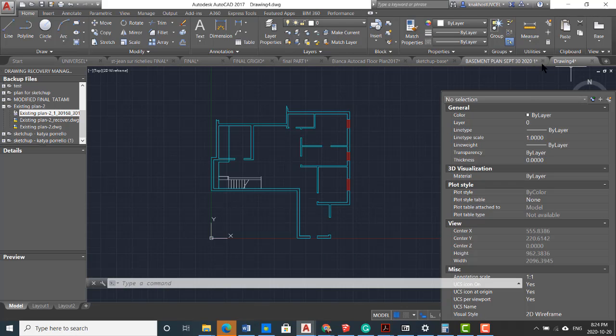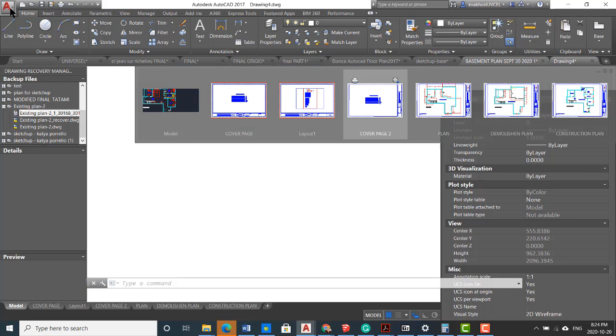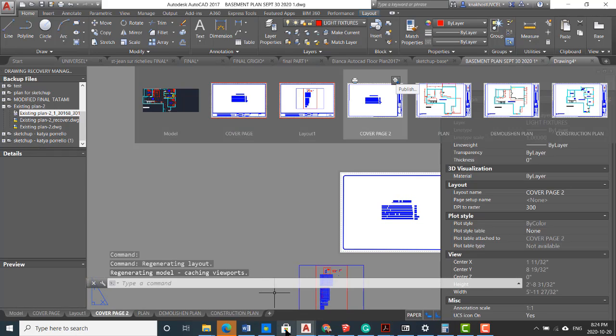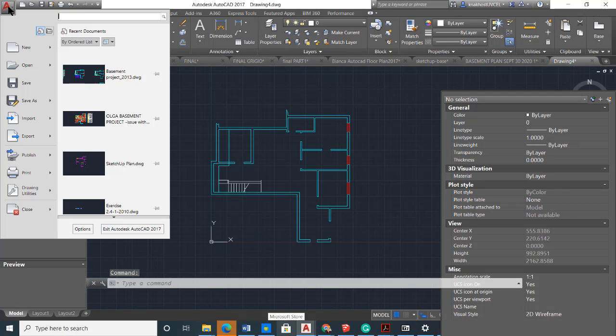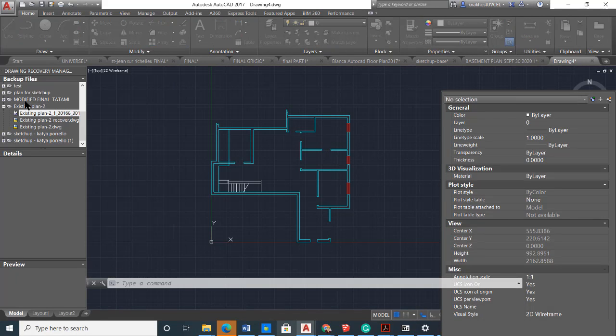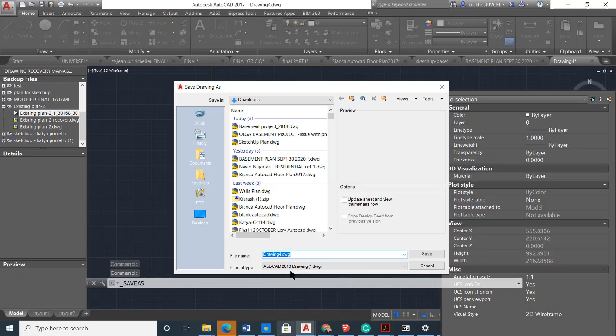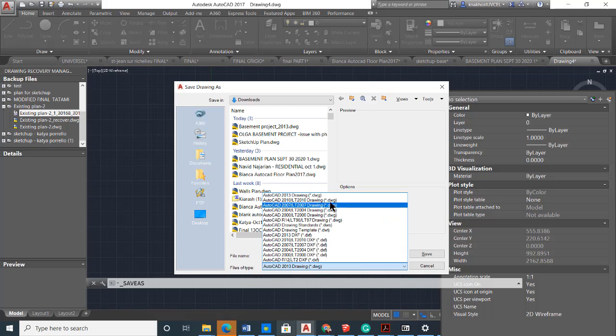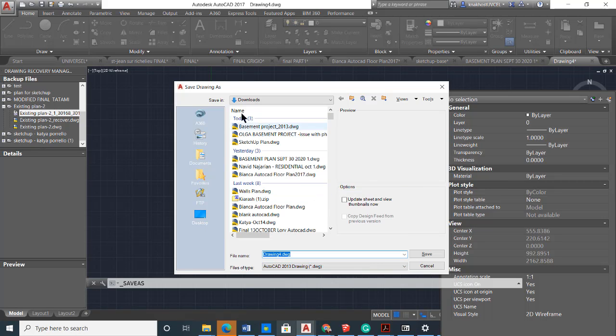Then you save this as a SketchUp base drawing, for example. If you are using SketchUp 2017, make sure you save this as AutoCAD 2013. If you save it as a newer version, it might not work with your SketchUp. So just make sure it's AutoCAD 2013. Then you find your folder. You can save it where you save your other drawing for Kathleen's project,